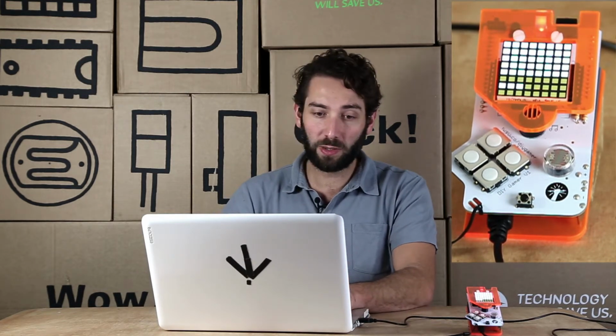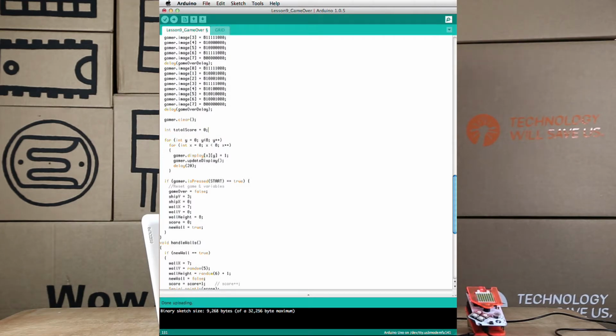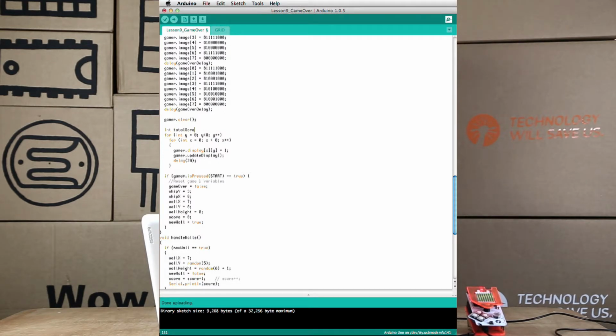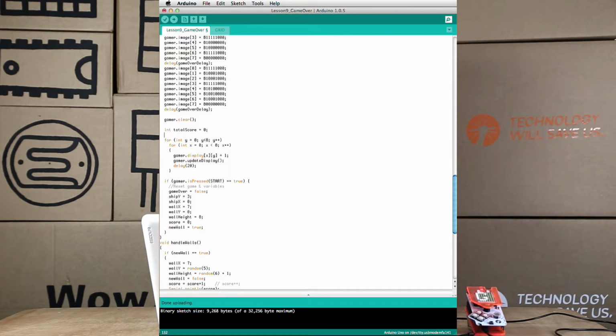So what we're going to do is we're going to set this variable called total score. Int total score, create a new variable called int total score and set it equal to 0. And then I'm going to compare that total score to the score, and every single time I'm inside of that loop, I increment the total score by 1, and I check to see is it the same as my score or isn't it. So the important thing is it'll start off not equal to my score, it'll keep on incrementing itself until it is equal to my score, and when it's equal to my score I want to stop drawing pixels to the display. So the way we do that is we say